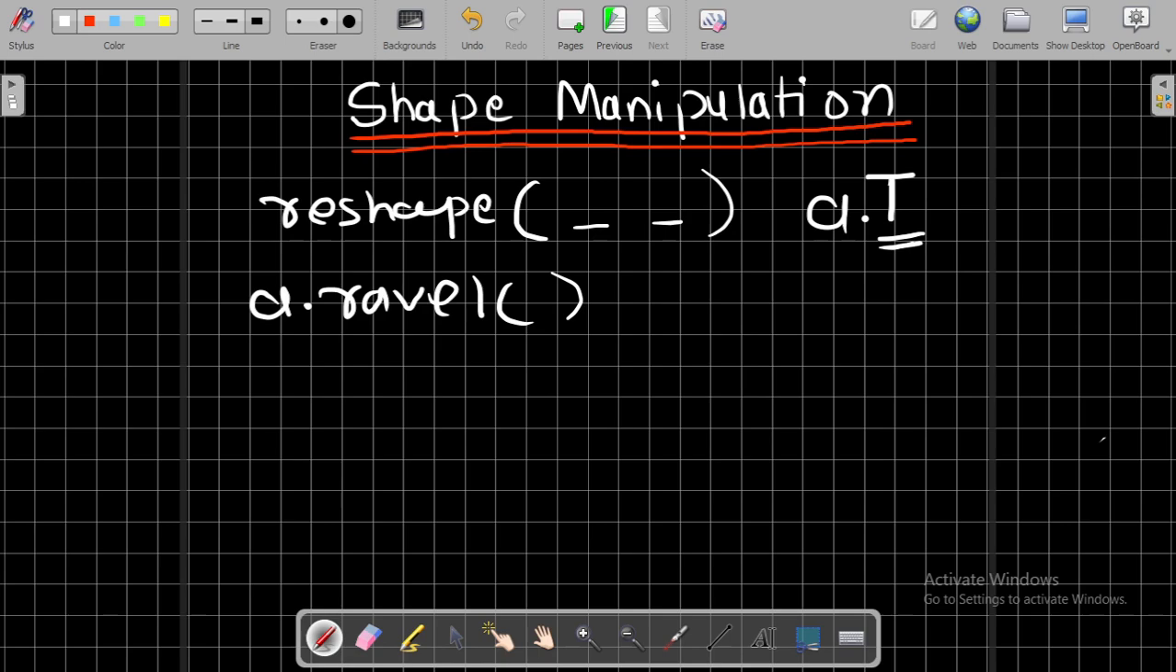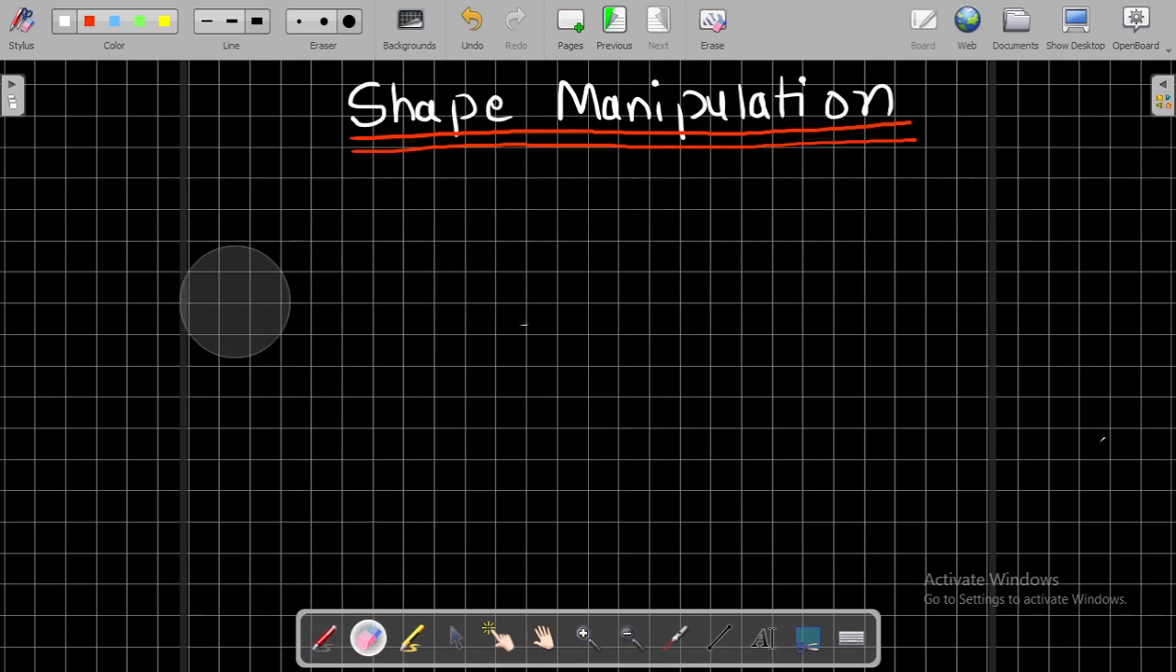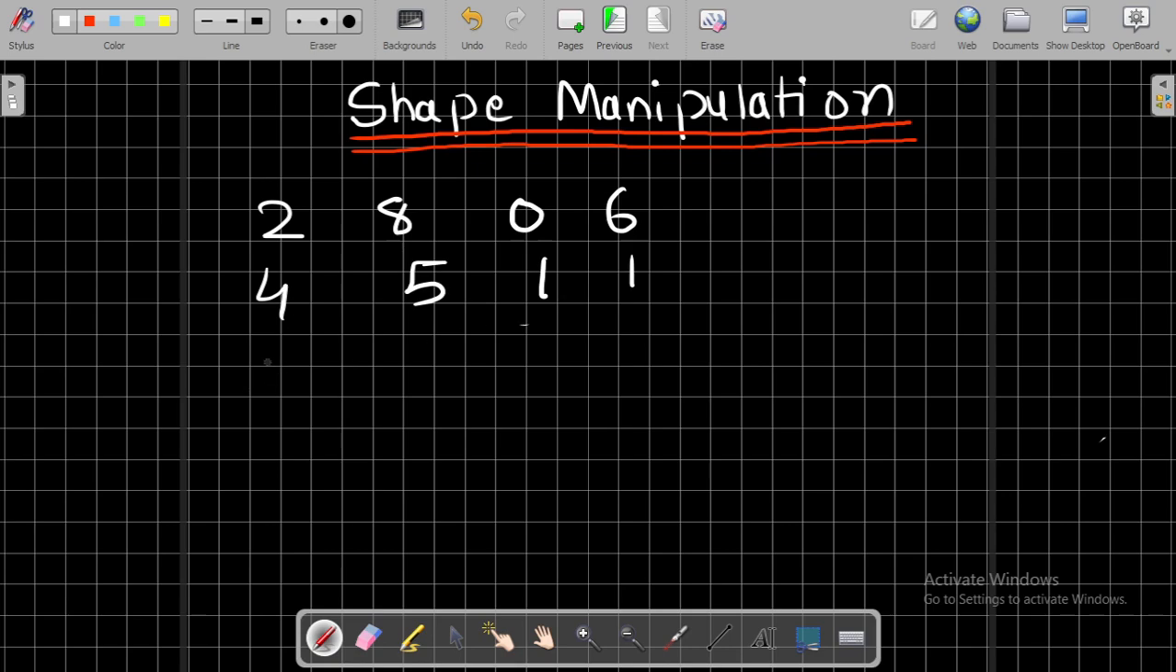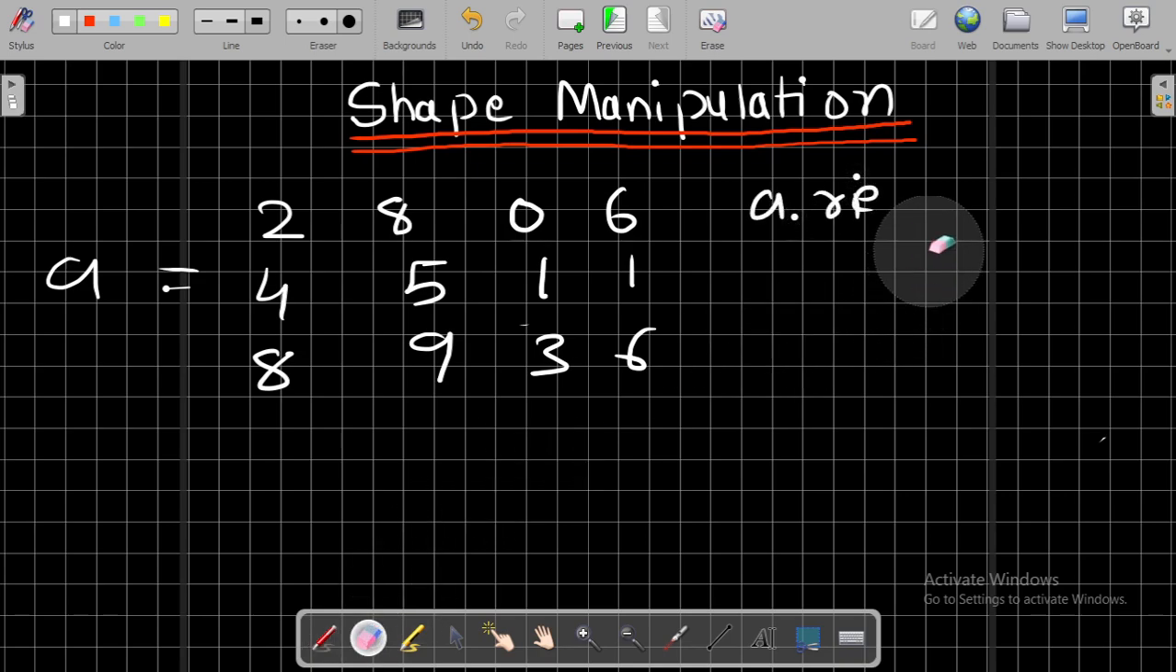If you want to resize an array from one shape to another, suppose there is an array available that looks like 2806, 4511, 8936, and suppose this is your numpy array a. And when you use the resize method or function,